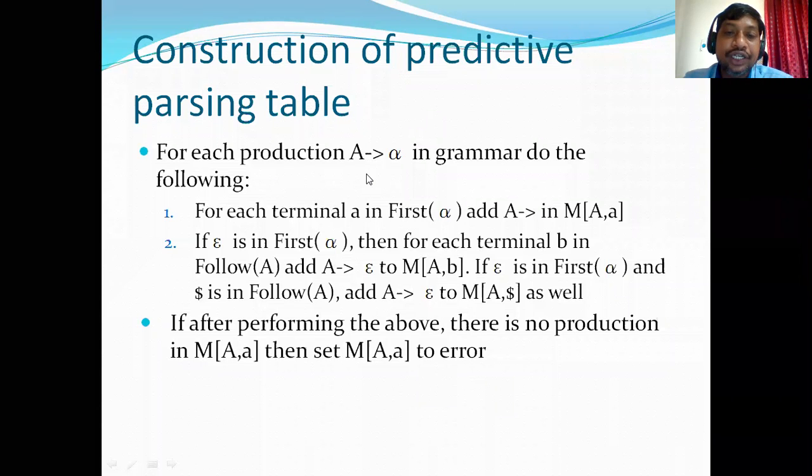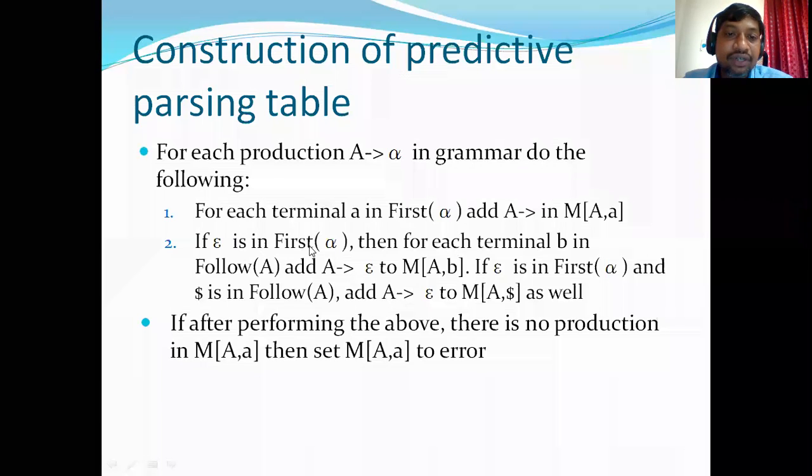For each production A derives alpha in a grammar, do the following. For each terminal a in FIRST of alpha, add A derives alpha to M[A, a]. The entries corresponding to a with all the symbols, we need to add this production rule A derives alpha.